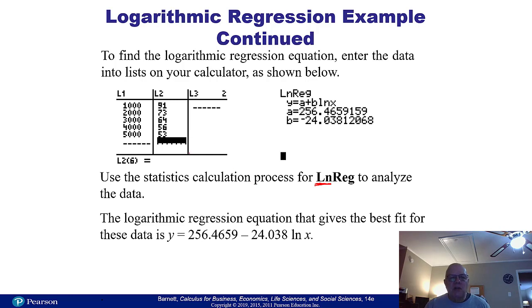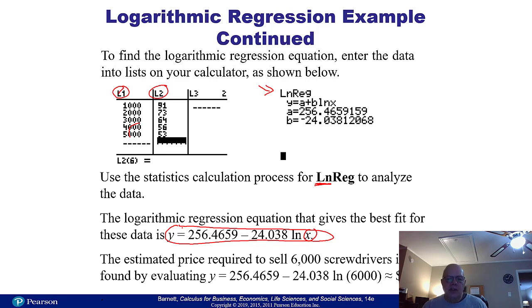Once you tell it to use L1 and L2, and pull up this, it will give you this equation which tells you for a particular x, the 6,000 we were talking about earlier, if you put the 6,000 in here, how much would you get? So if you want to sell 6,000 screwdrivers,